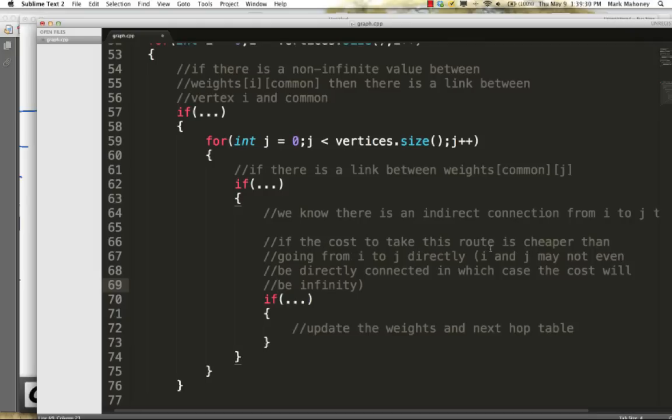So if the cost to take this route is cheaper than going directly from I to j, so I and j may even be connected, but there might be a less expensive path if you go around. So what this check does is, we know there's an indirect connection from I to j. We check, is the cost to take this indirect path less than some other path? And if so, that's when we're going to update the weights and the next hop table to reflect that there's a better way to get from I to j